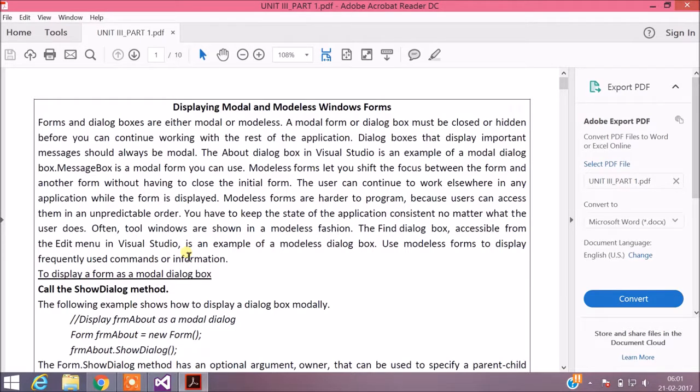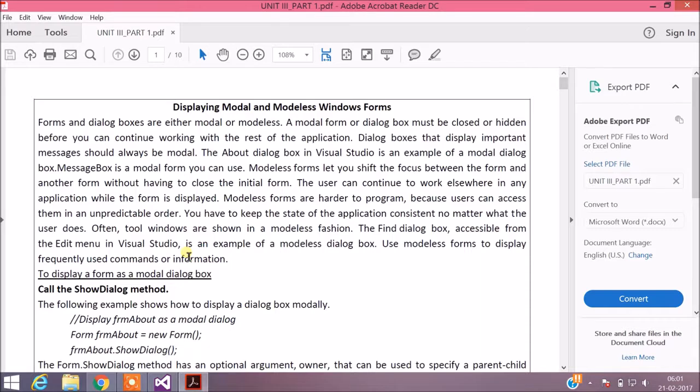You have to keep the state of the application consistent no matter what the user does. Often, tool windows are shown in a modeless fashion. The Find dialog box accessible from the Edit menu in Visual Studio is an example of a modeless dialog box. Use modeless forms to display frequently used commands or information.